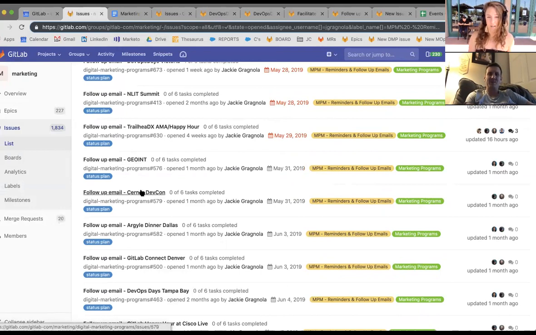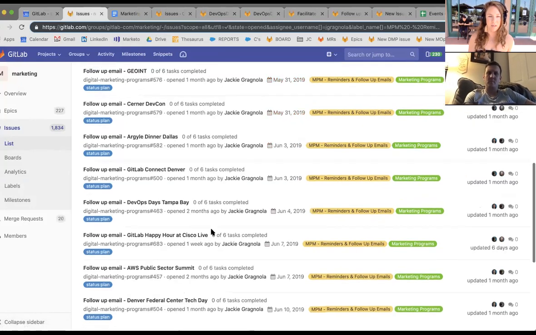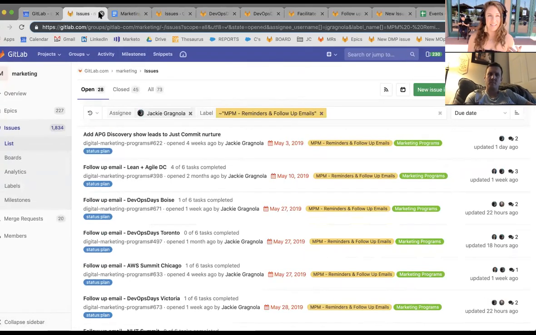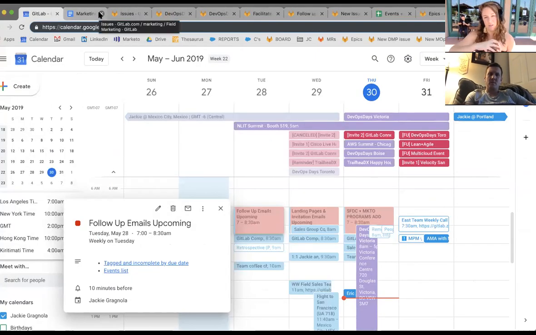So I'll go in, and if I haven't gotten the copy from the field marketing manager, I'll ping them in the issue comments and just say, just a reminder, I need this by tomorrow. I'll do that to make sure we're on track to have the emails go out in a timely manner. But right now I have all of these coming up that I need to keep organized. Bringing similar tasks into certain blocks of time is what makes me not have to shift gears from creating epics to working in Marketo and creating emails, going back to Salesforce, creating campaigns, just trying to manage work.